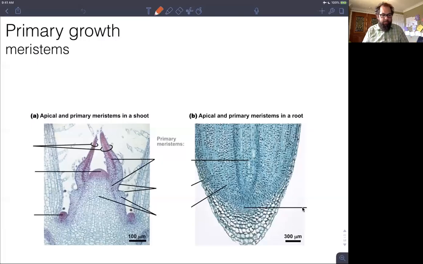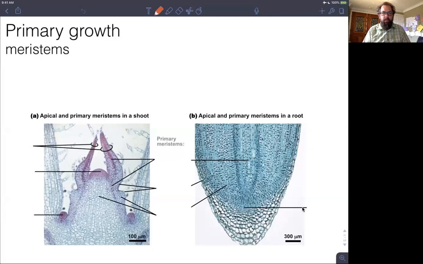All right, we ended last time talking about the different systems in the plant, the shoot system and the root system, and I ended with the leaf system. I went through all the different morphologies and modifications to those different systems. And what I want to do now is take a step back and talk about the processes that are happening in the plant,